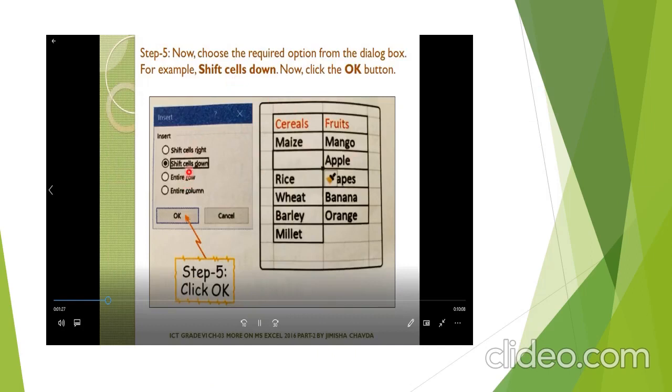Here the options are available, like where you want to add the cell, like shift cells right, or shift cells down, or entire row. What do you want to add? I want to add just a single cell, so I have selected shift cells down. Okay, so whatever cell is there, it will go down. In the previous screen you have already seen the arrow here with my cursor. Whenever I have selected shift cells down, the arrow is coming on the downside. So now this cell will be blank. So hopefully everyone understands how to add cells in Microsoft Excel.